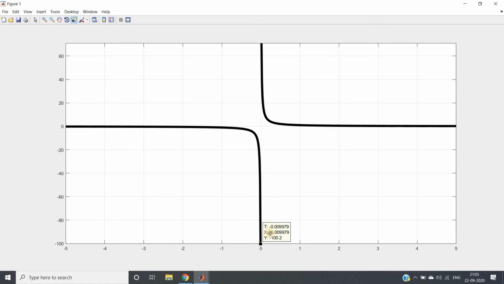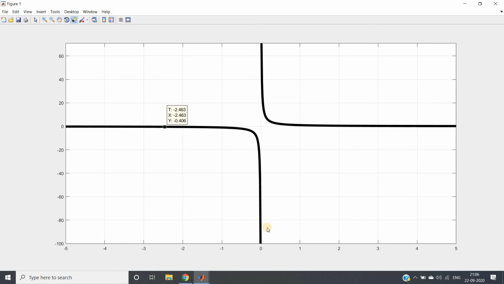See here, at very small negative values of x, y is minus 100.2, and if I just increase the x value a little bit, to minus 0.4997, y comes to minus 2, and if you keep on going in the negative x, you see the y value is drastically decreasing, right? So when handling positive skewness, our target is basically compressing the outliers at high values. They will be compressed in a very good way, but this is a drastic change. So if your dataset is highly positively skewed, then only you apply this.